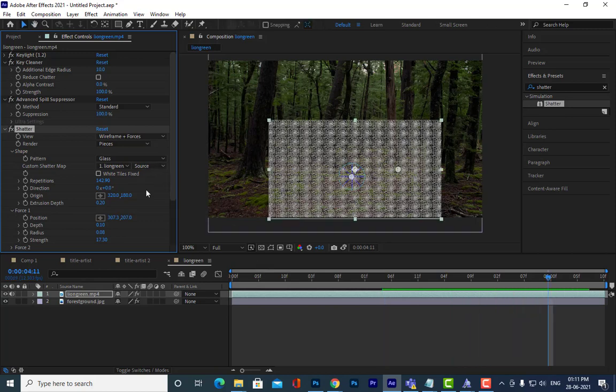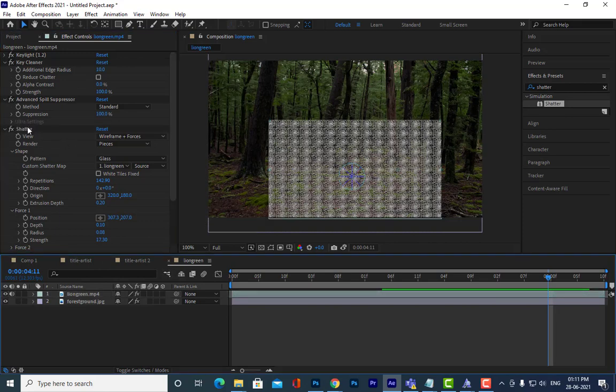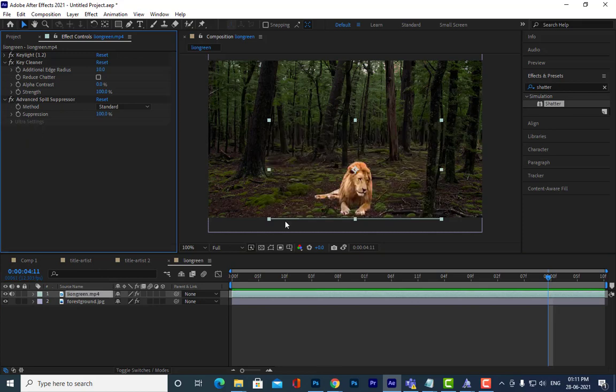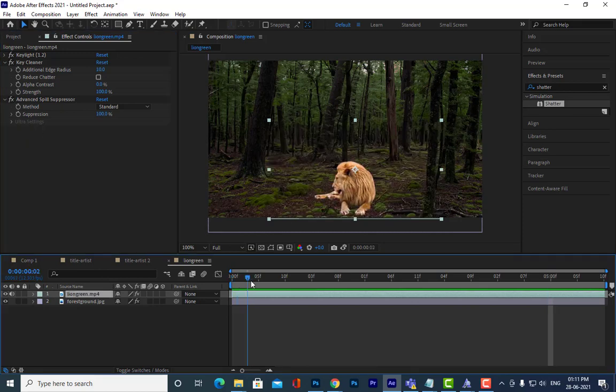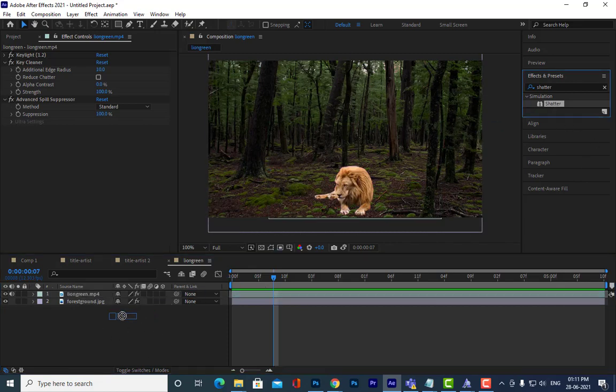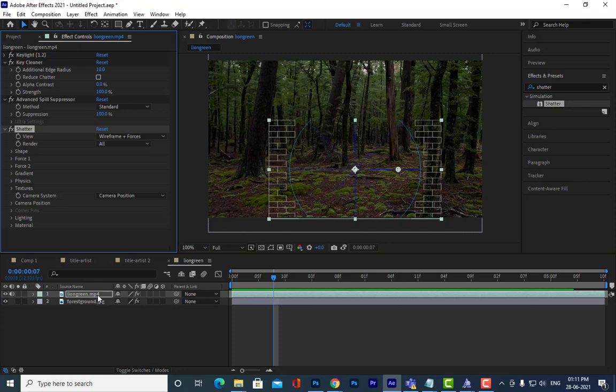Okay, so it's not applying to the lion. Some problem we got. It should actually apply. Shadow should affect the lion. Let me increase the lion's size.